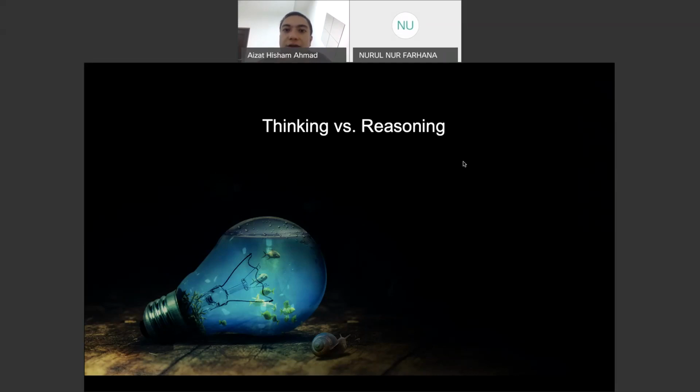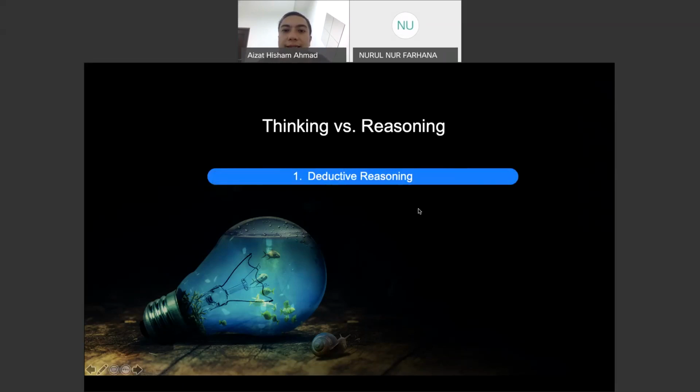First of all, deductive reasoning. Again, a disclaimer: these types of reasoning are those closest to thinking. If you Google, you can find many other types, maybe about 6 or 7 types of reasoning. But the reasoning that we will cover today, due to short and limited time, will be only 3. Deductive reasoning is, simply put, something that you think of generally and come to a specific conclusion. When you think about something in general and then go to the specifics, you are doing deductive reasoning.